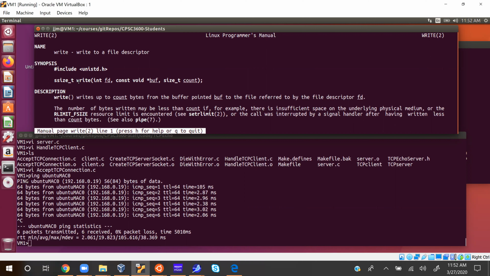But this IO abstraction of read and write using just a file descriptor is not just for files. It could be how we access devices. It could be how we access sockets. Okay, and so this gets us back to